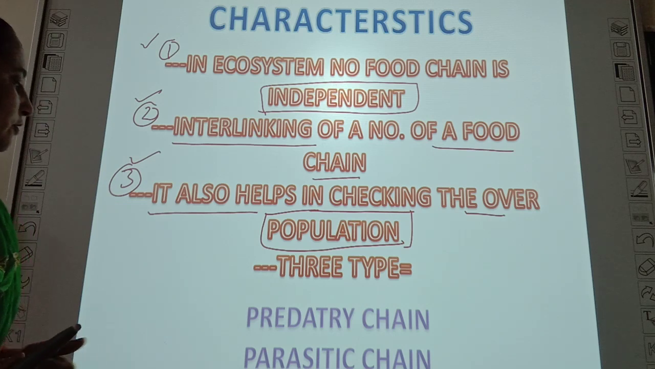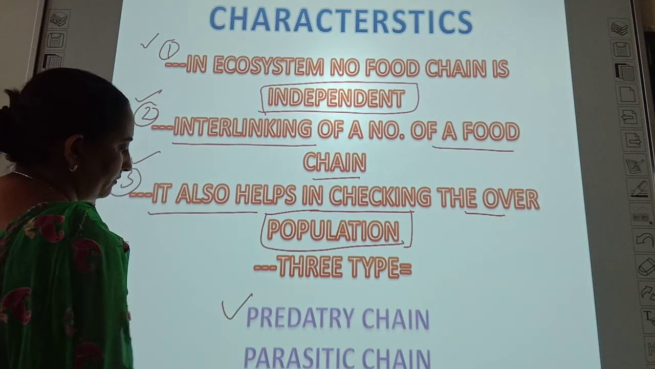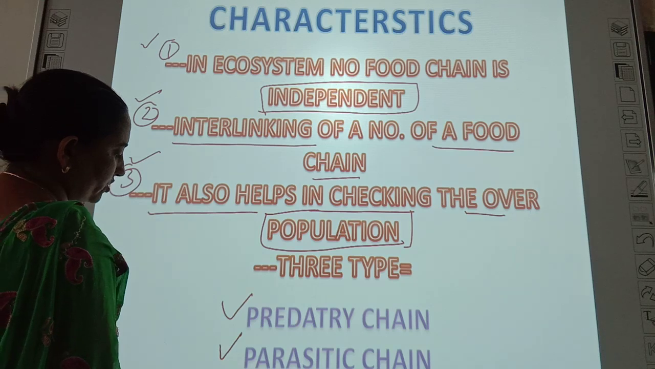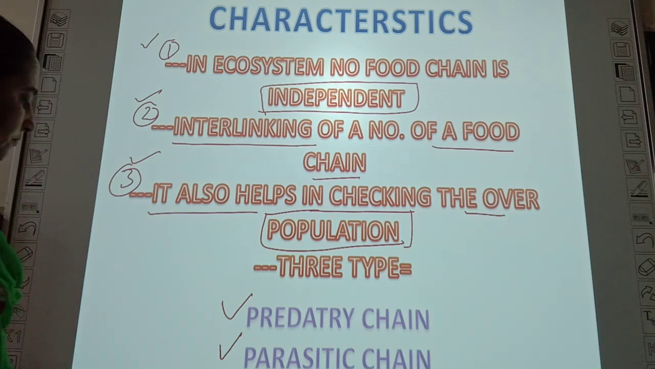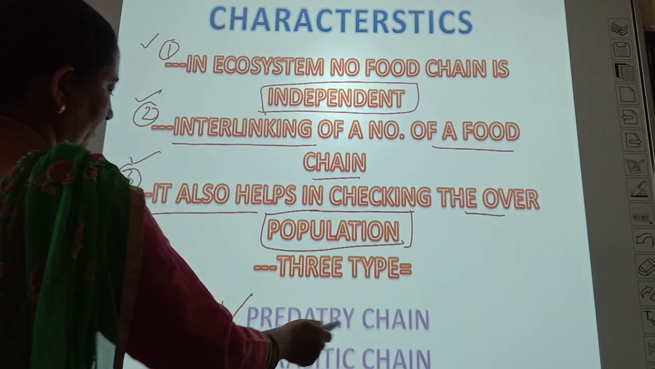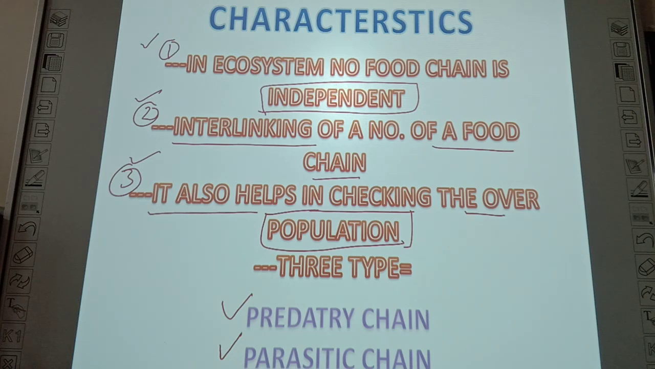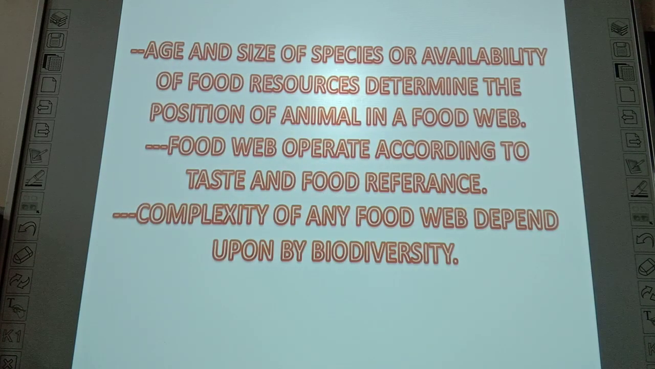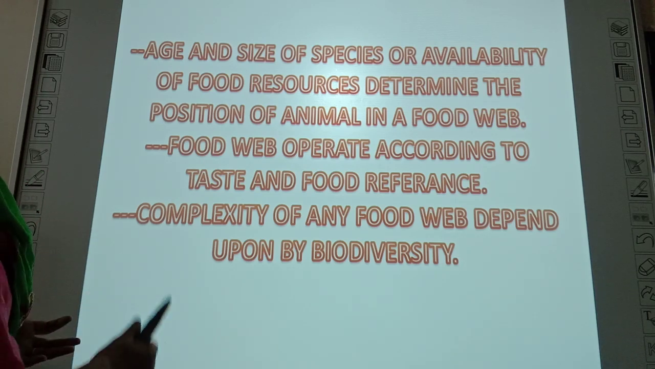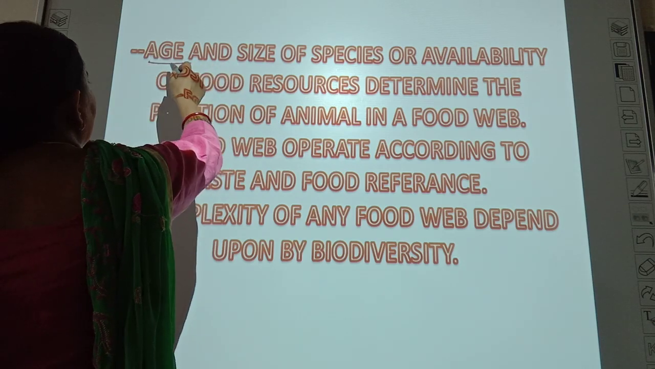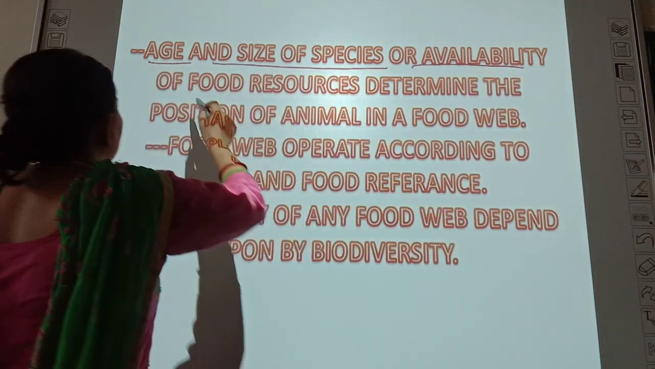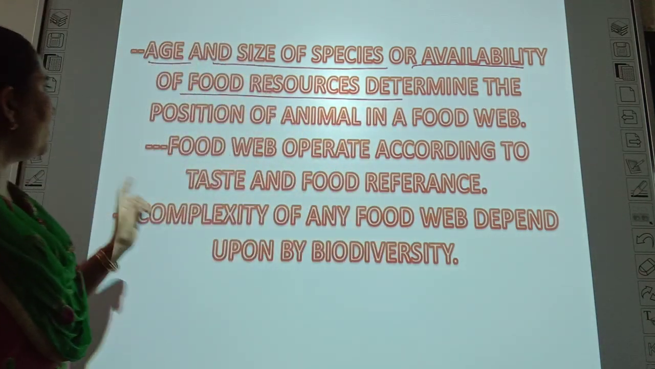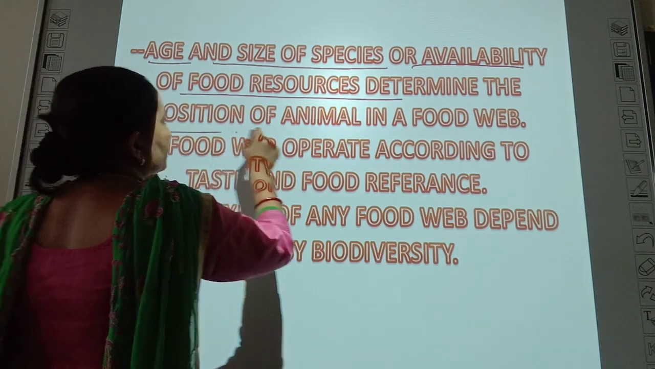So many types of food chains are there. Predatory food chain may be there, parasitic food chain may be there, and saprophytic food chain may be there. So three types of food chain are predatory, parasitic and saprophytic food chains. Many factors affect the food chain and food web. First of all, age and size of the species or availability of food resources determine the position of an animal